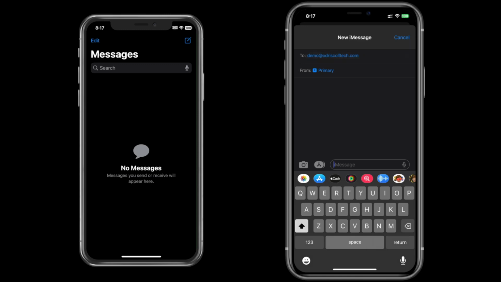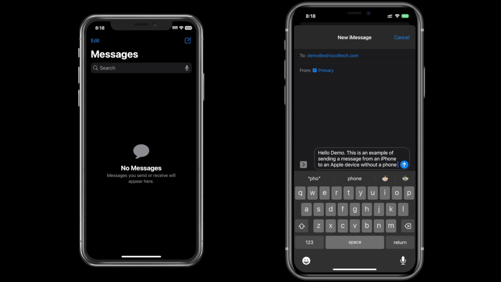So again, let's say that we're sending this between 2 iPhones. One iPhone has a cellular data plan and therefore a phone number assigned to it. And the second iPhone is, let's say, for a child and it does not have a paid cellular account with it right now. It is only using Wi-Fi. And so you created a child Apple ID on there, which then is an email address used to sign into Apple services. And let's call that email address John Smith's email. And his email address, for example, would be johnsmith@email.com. Then in the to field, you would type in